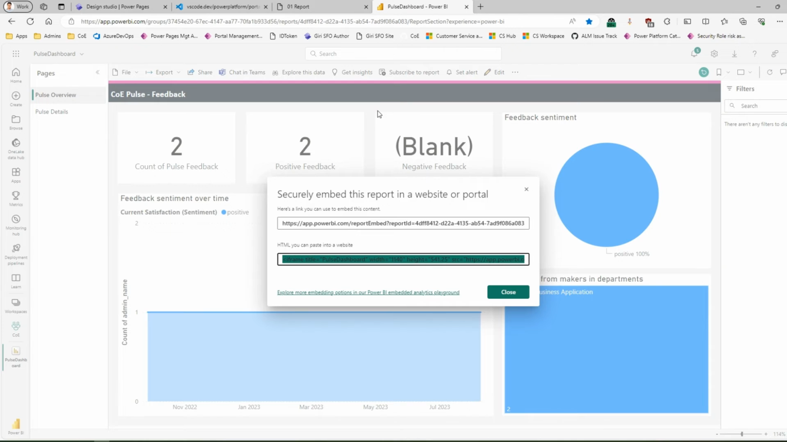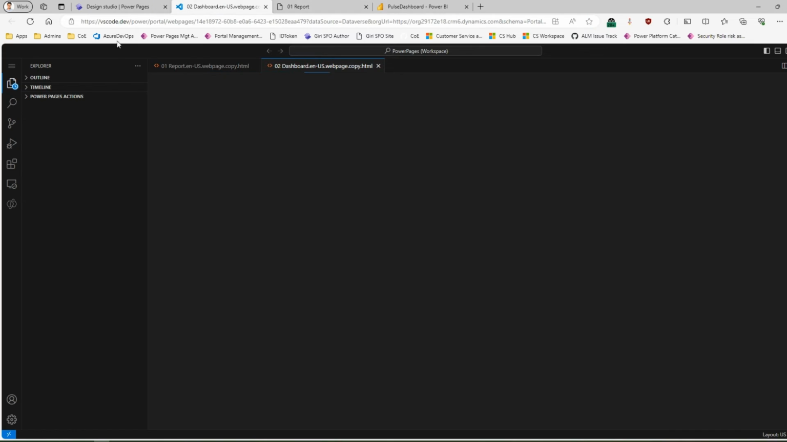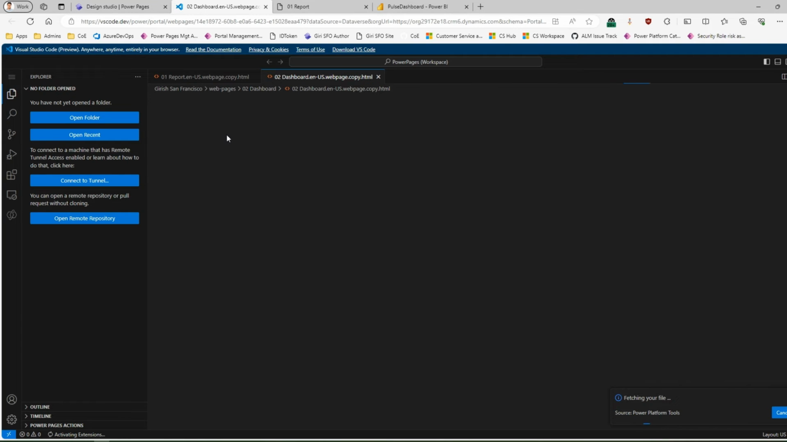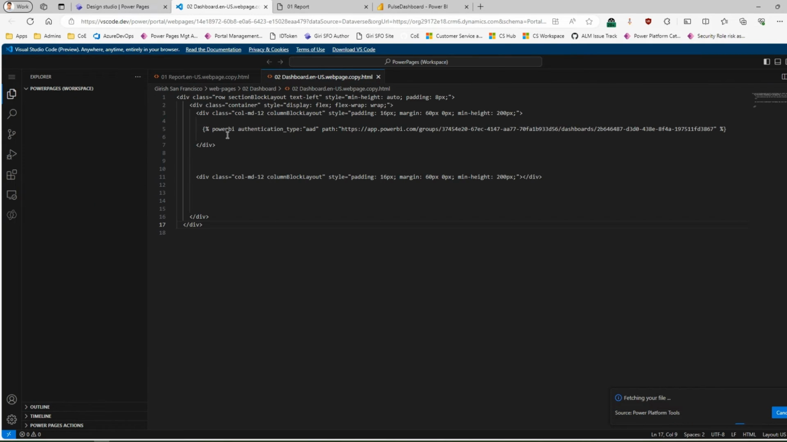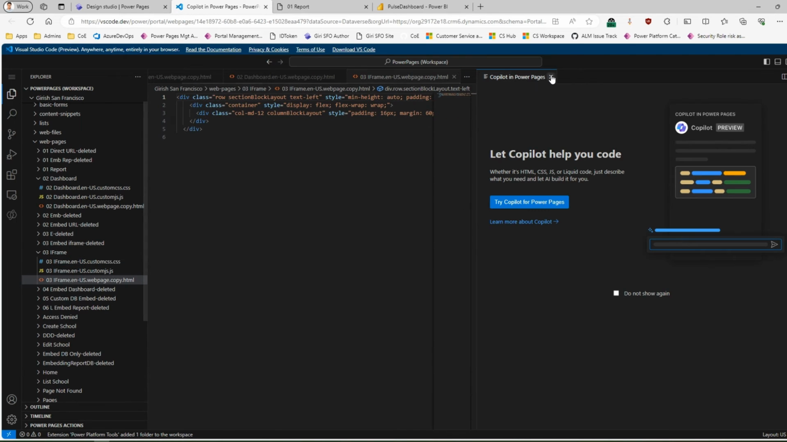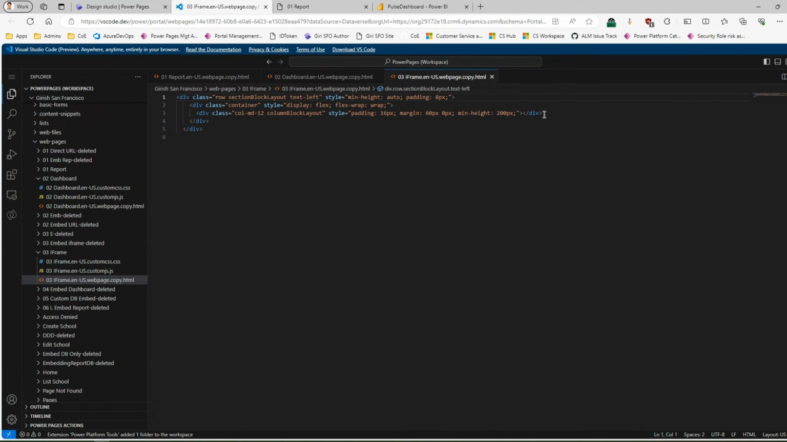So what we have done, we have gone into our report, copied the iframe tag completely, and now we have created one page, and we'll try to paste that iframe code in VS Code. Okay, so here, the same step. I'll just copy this, I'll just paste this, and then,